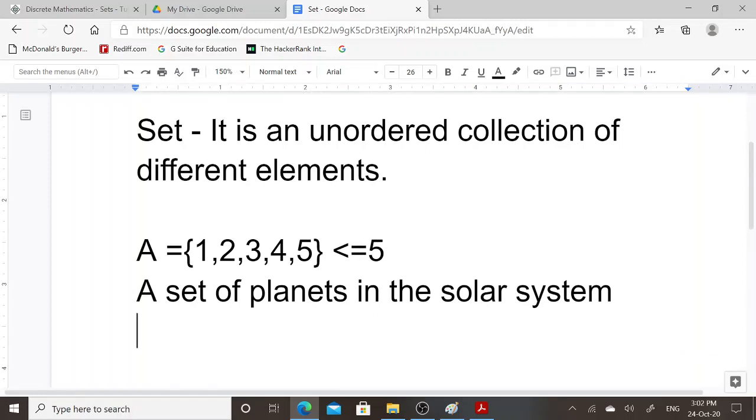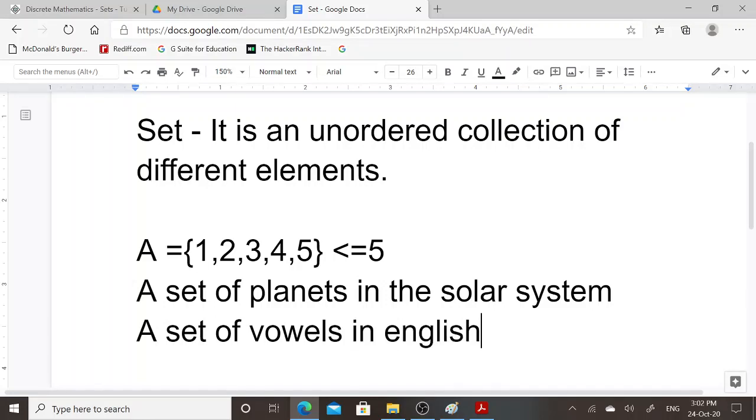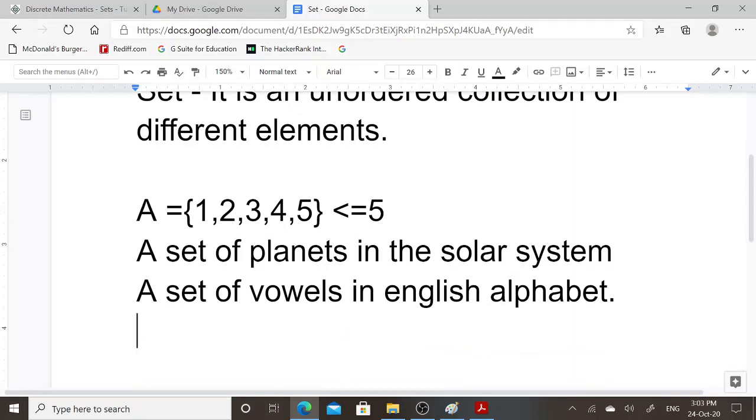The next example of set is a set of vowels in the English alphabet. If you consider this example, a set of vowels in the English alphabet, then how can you define a set?